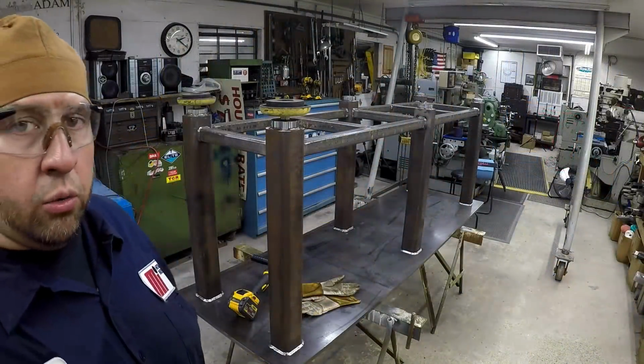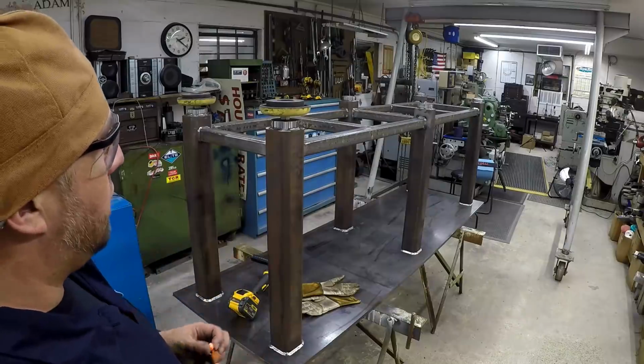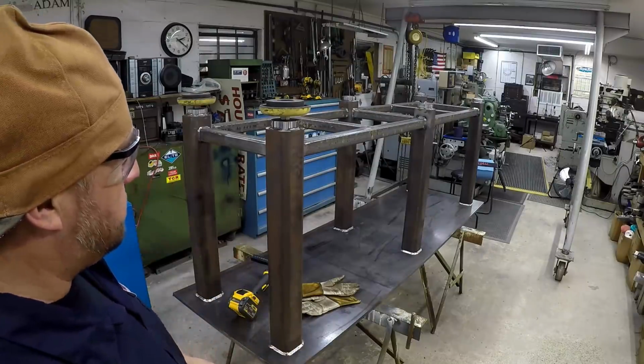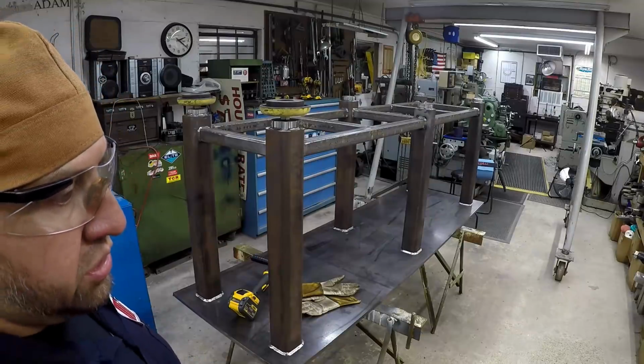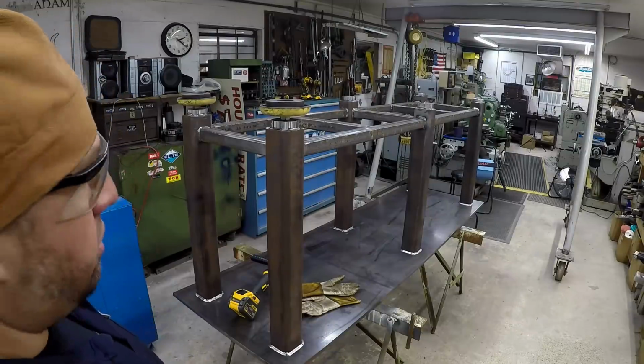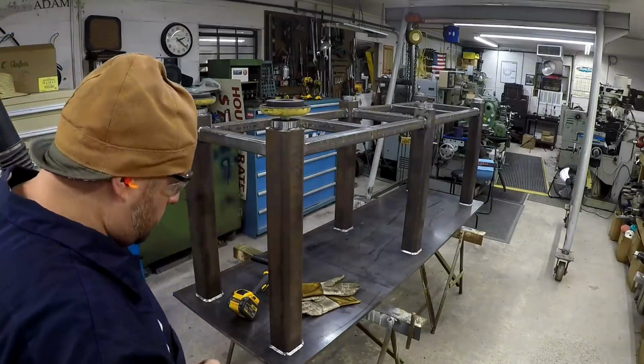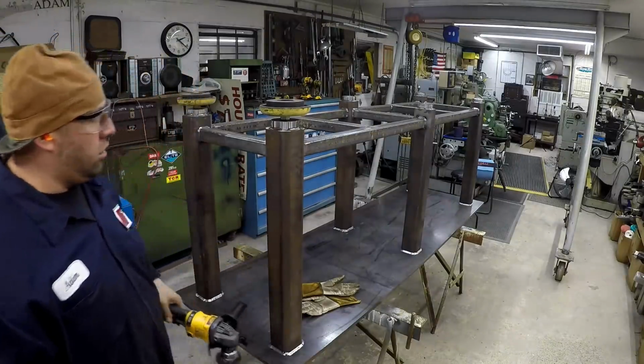All right, well, we got it all welded up. Last thing I got to do is clean it. We're going to wire brush it, and then after that, we got some of that CRC rust converter that I'm going to brush on it. But we're going to go ahead and try out the DeWalt cordless again,